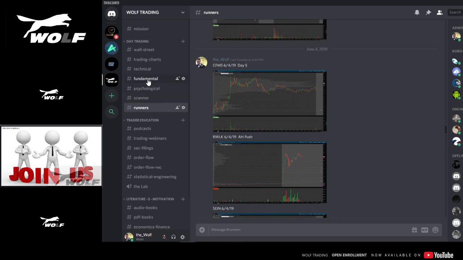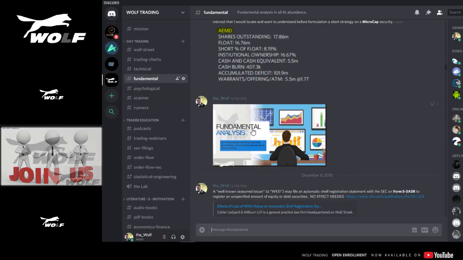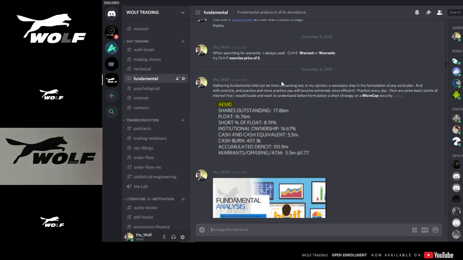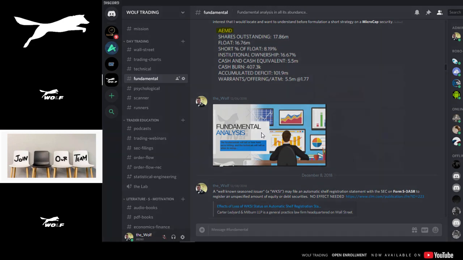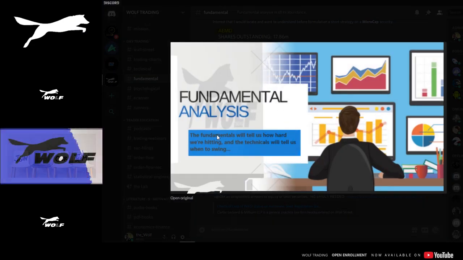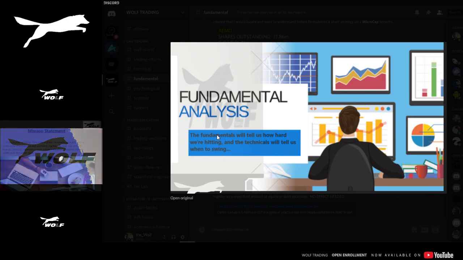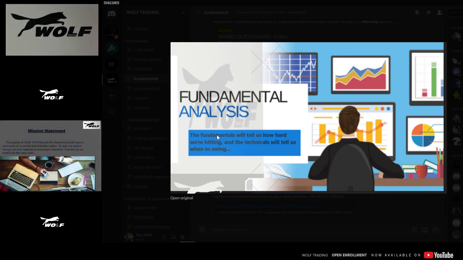We do have a fundamental room right here where we do put some of this information in. The shares, the float. We want to know specific information in the mornings. Here's a note that I made. Fundamental analysis tells us basically how hard we're going to go into the stock, or how much conviction we have